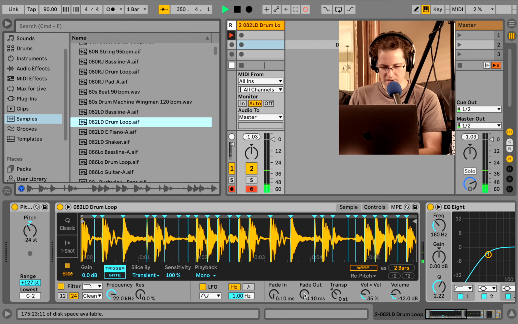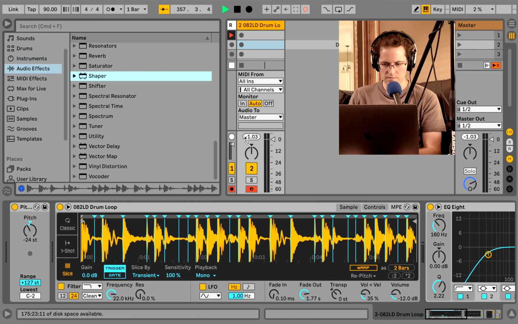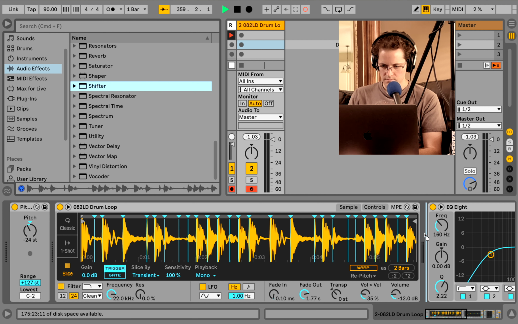I'm going to give it a little bit of fade out because I want to fade out some of that tambourine sound that's on top of it. Wonderful. Let's play with the transpose. It never really sounds good when you transpose it down. A more effective way if you really want to shape it is to get the Shifter device. Not Shaper, Shifter.